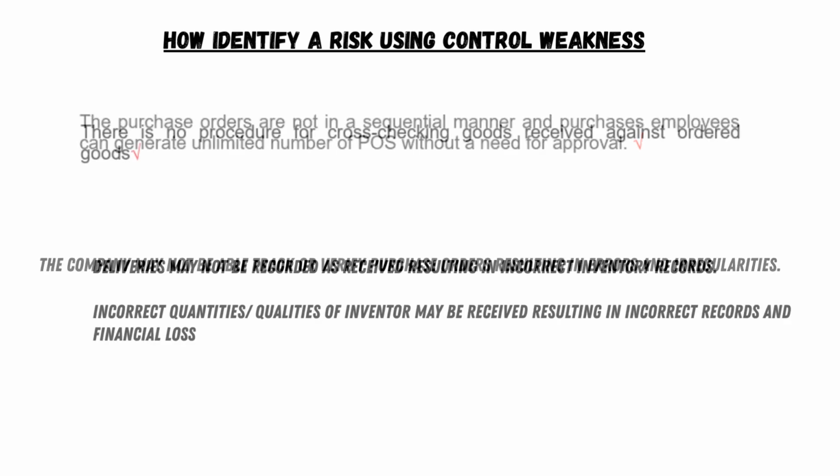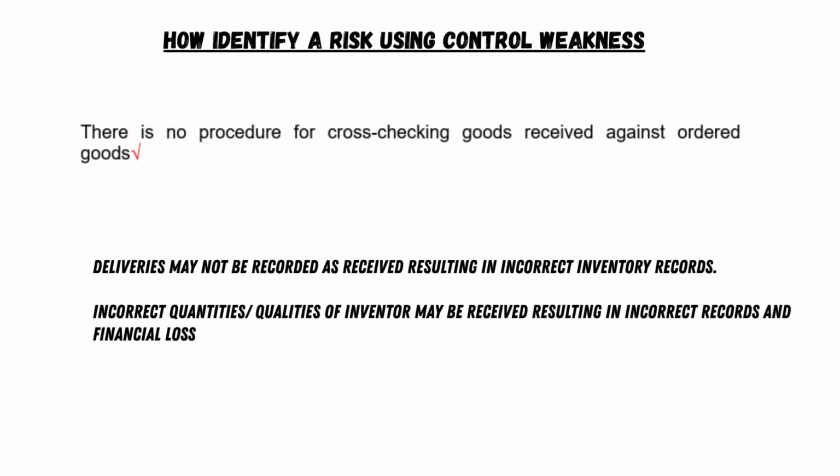Now let's look at another weakness. There was also a weakness that there is no procedure for cross-checking goods received against ordered goods. When we're receiving items, the receiving clerk was not checking that this is the correct quantity or quality of goods that we've ordered. So some of the risk as a result of that is that deliveries may not be recorded as received, resulting in errors in our inventory records. But another risk is that